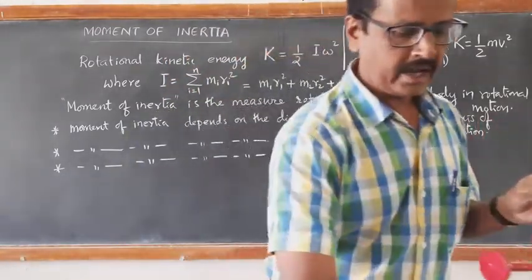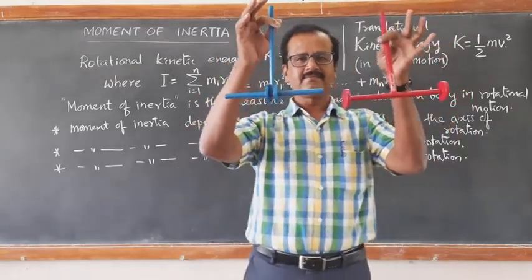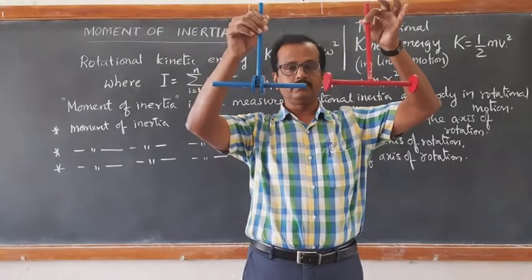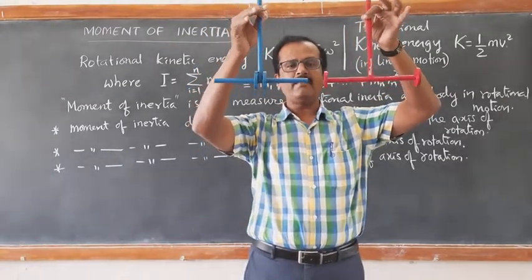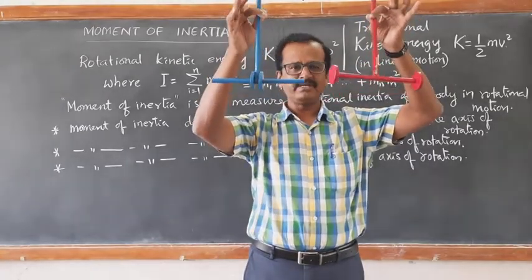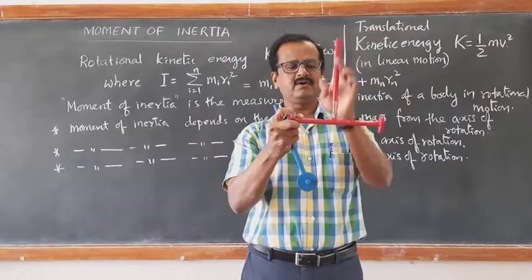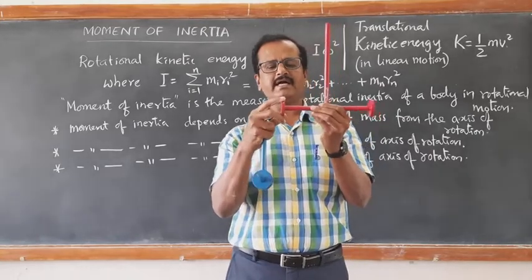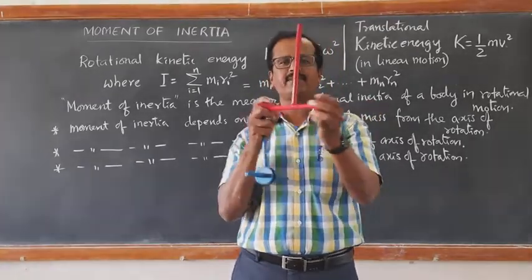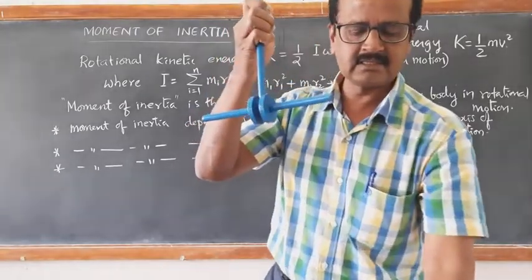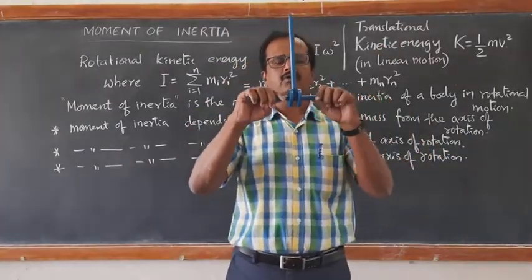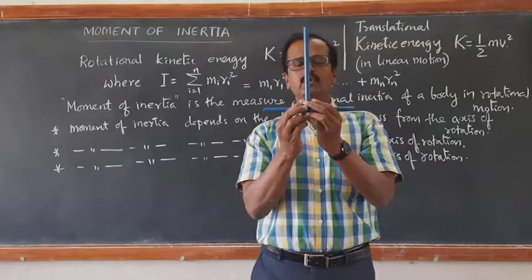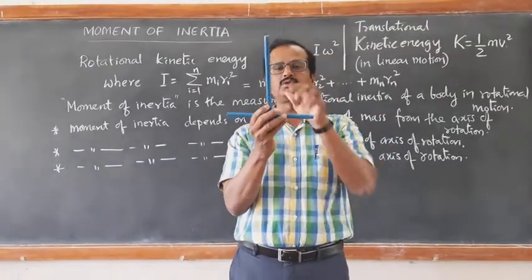You can see here, I have brought two apparatus. I think all of you can see. One is painted red, another one is painted blue. Both these apparatus have the same mass, same weight. See here, this is one L-shaped rod which is attached with two metallic discs. This is completely made of metal, and this is also an L-shaped metallic rod which is fixed with again two metal discs, which are close to the axis of rotation.